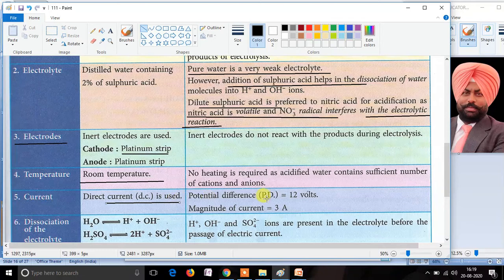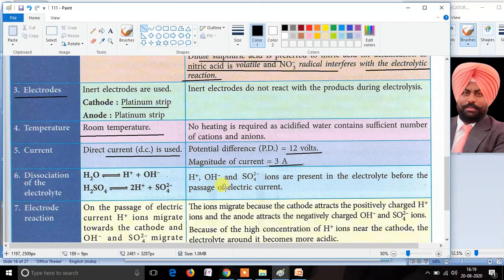The battery which we are using is of 12 volt and 3 ampere, which produces electrolysis. And as the name suggests, it is acidulated water. It means it consists of acid, and while passing the electricity, the first thing that appears is dissociation of sulfuric acid, and the sulfuric acid dissociates into hydrogen, positive ion, and sulfate, 2 negative ion. While water, it is the second compound. It also dissociates into hydrogen ion and hydroxide ion.